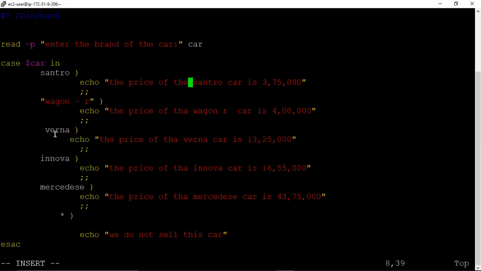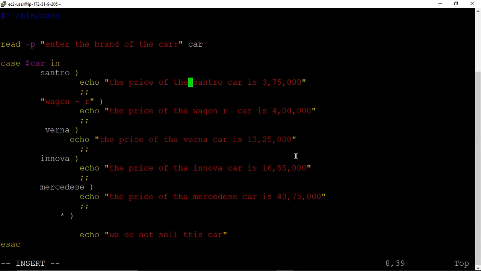The next car variable I have taken, we assign Verna to car. Car is variable. So variable is here Verna. Then the price of the Verna car is 13,25,000. Then we have to go for next variable. For that we write 2 semicolon. Then next variable is Innova.